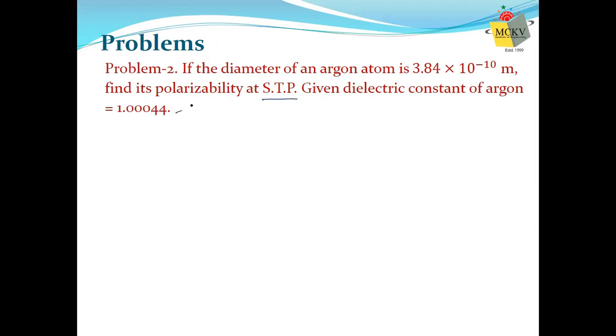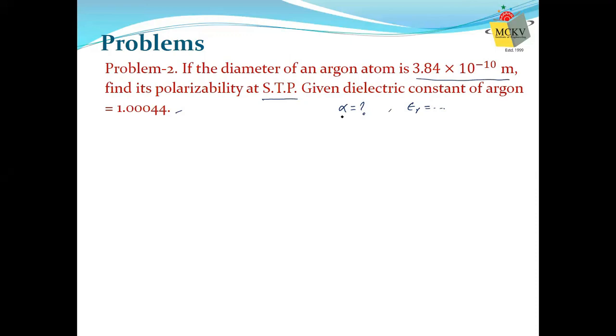Dielectric constant is supplied. That means if I write the dielectric constant as epsilon r, the relative permittivity, that is given. What you have to estimate is polarizability, that means you have to estimate alpha. That is the question. One thing is sure, epsilon r is supplied. Diameter is also given, but we'll check whether we can use it or not, because so far, in whatever relationships you have, there is no diameter present.